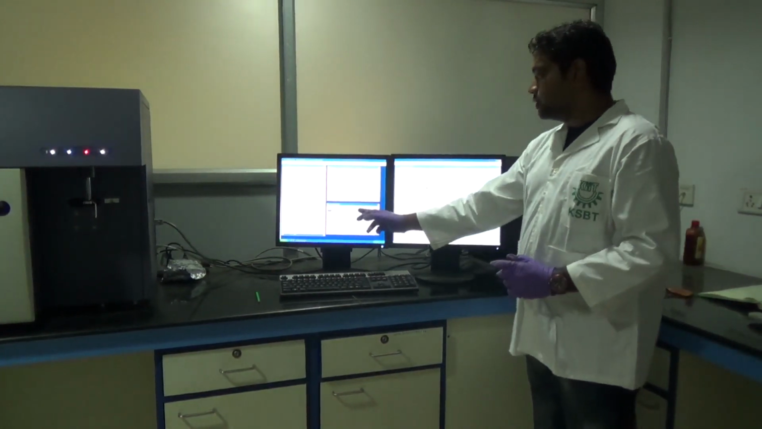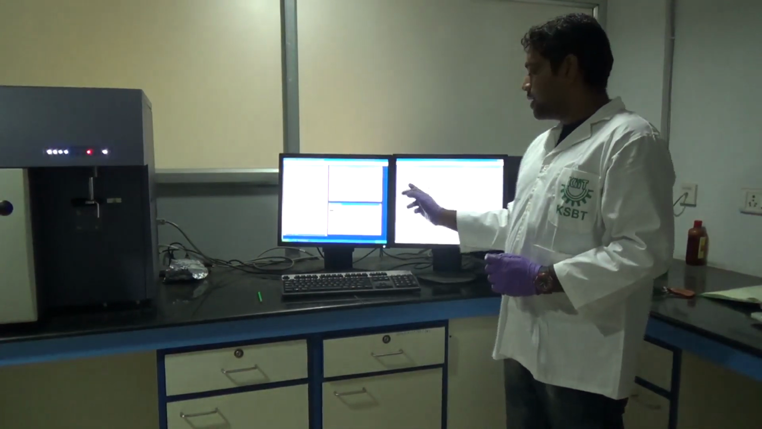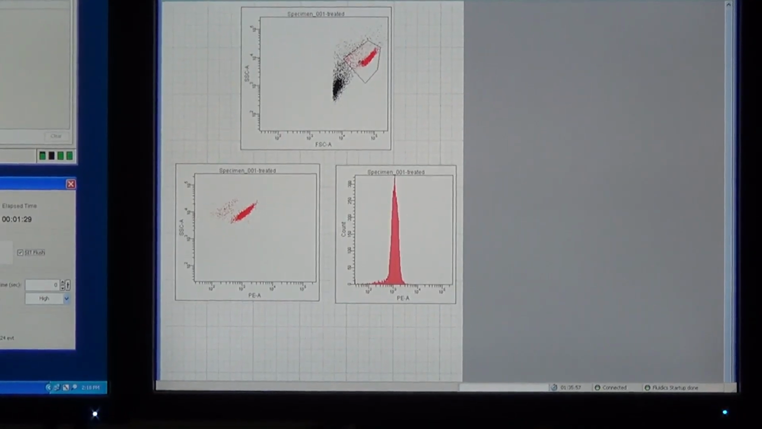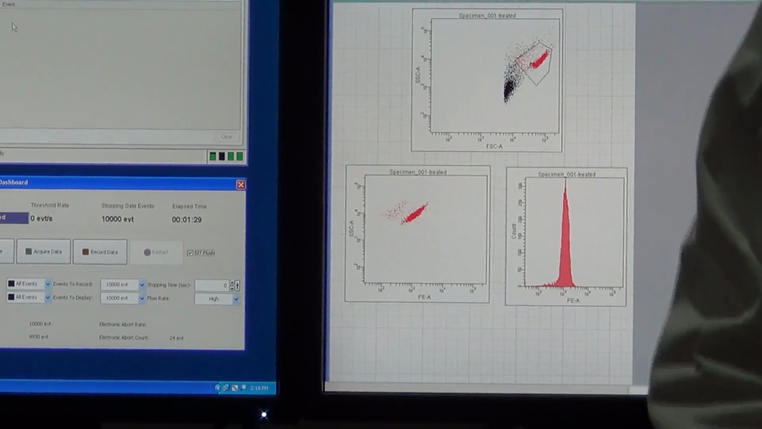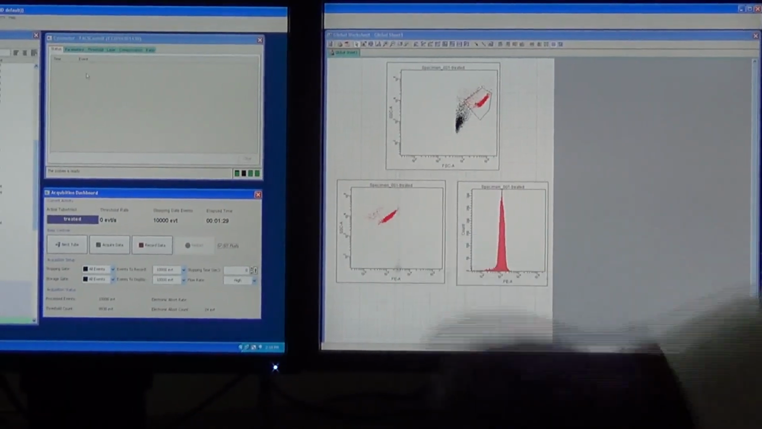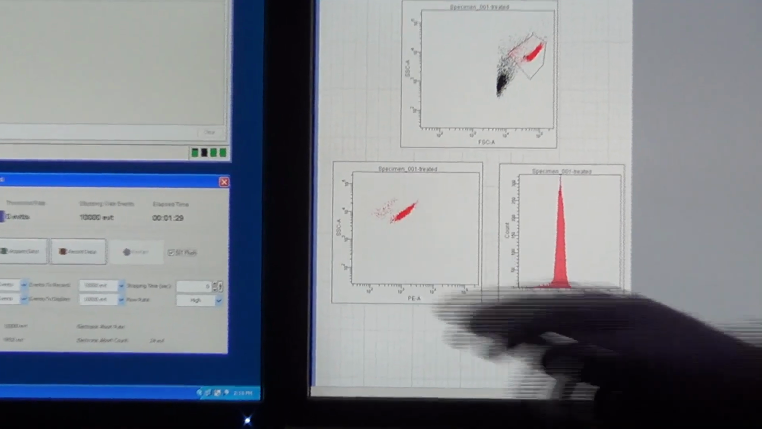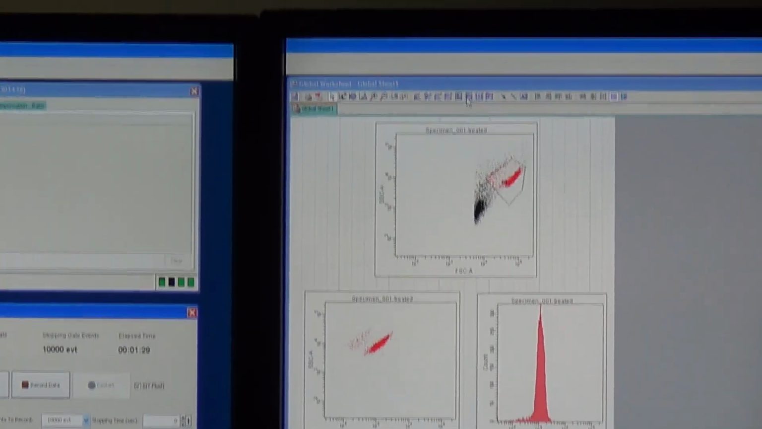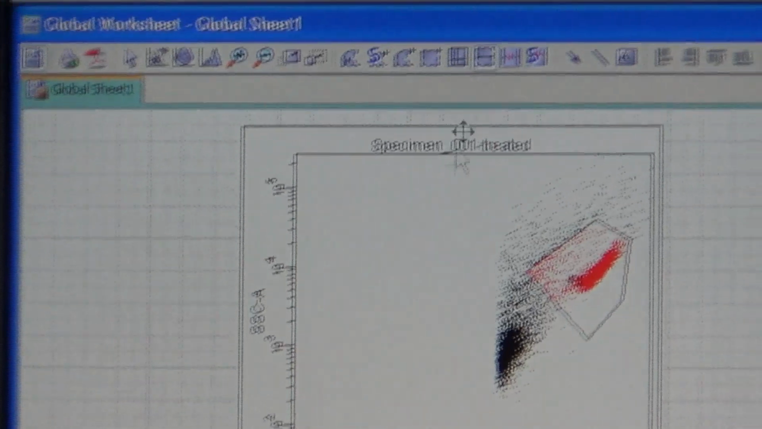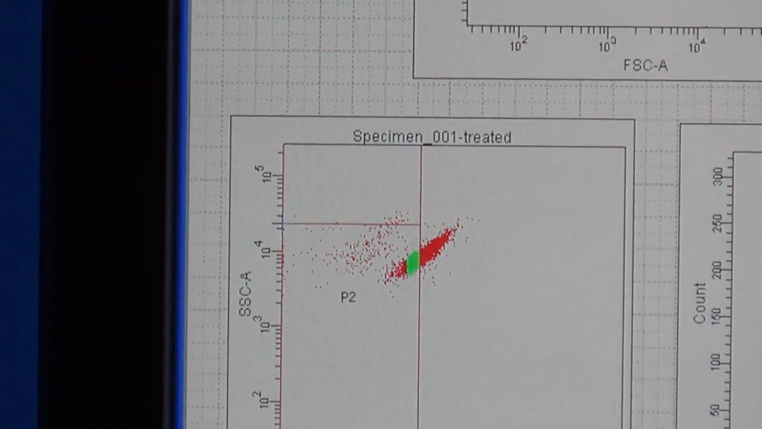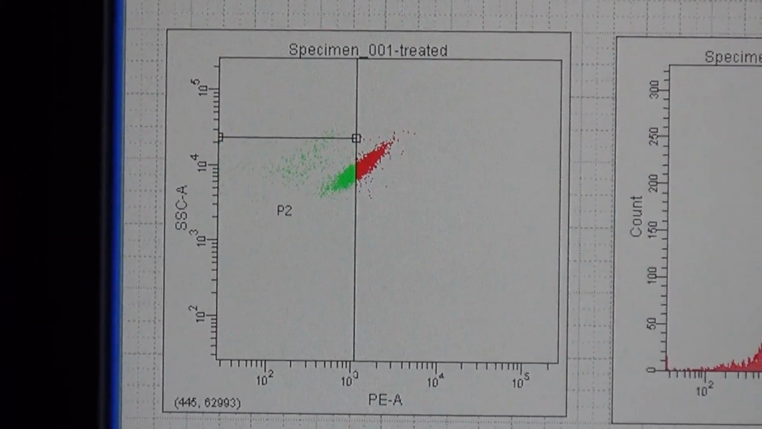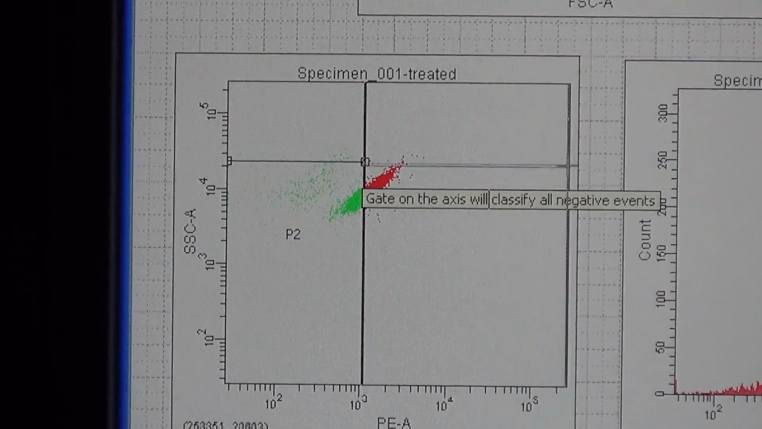After 10,000, after this run, we will make a gate in this graph. After the second run of our treated sample, we will make a gate here. How will we make this gate? There is an option here, interval gate. We can take this interval gate and click it here. Once we click it, there will be two gates now. One is P2, one more gate is